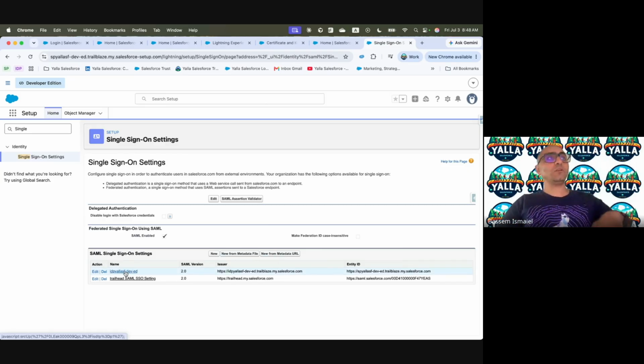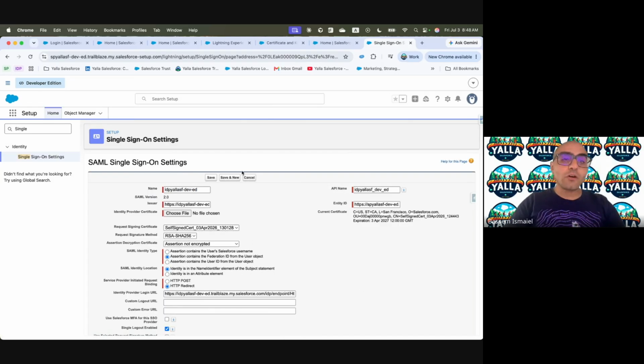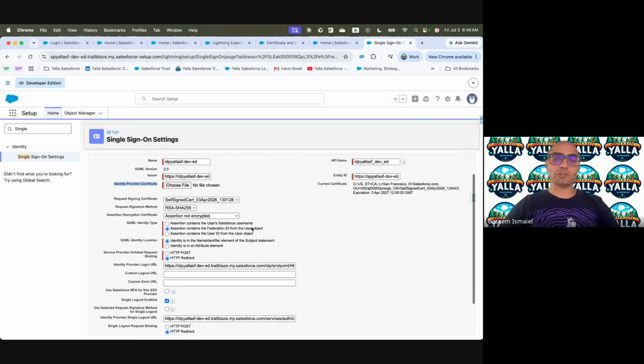So when we downloaded that, and then we came in here having all the details that we need, the only thing that was needed from us was the identity provider certificate. Remember, in the identity provider, we downloaded two files. The metadata file that enabled me to do that. The second one was the certificate, which is the self-signed certificate. I am coming into the service provider, uploading the same certificate accordingly. Now we have a mutual trust between the identity provider and the service provider. And now here where we are uploading the certificate, both are aligned on the same page, sharing the same certificate, so they have this mutual trust.